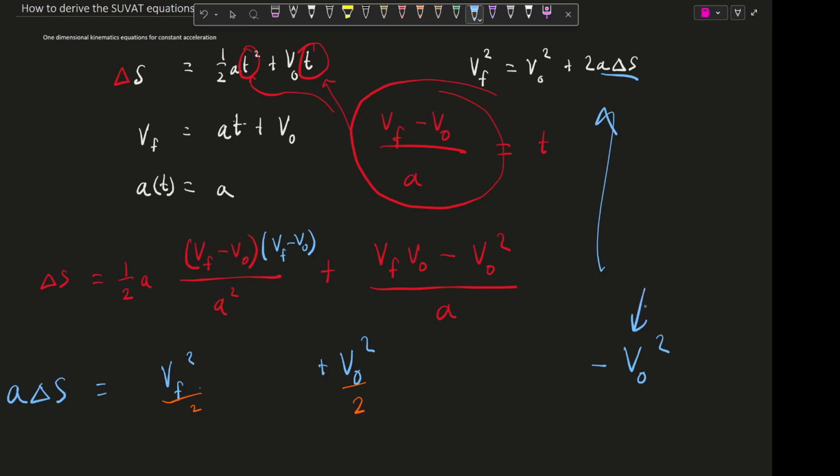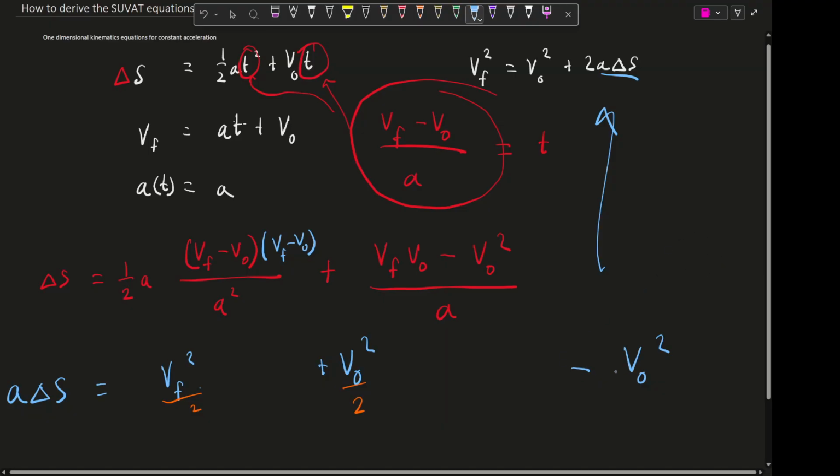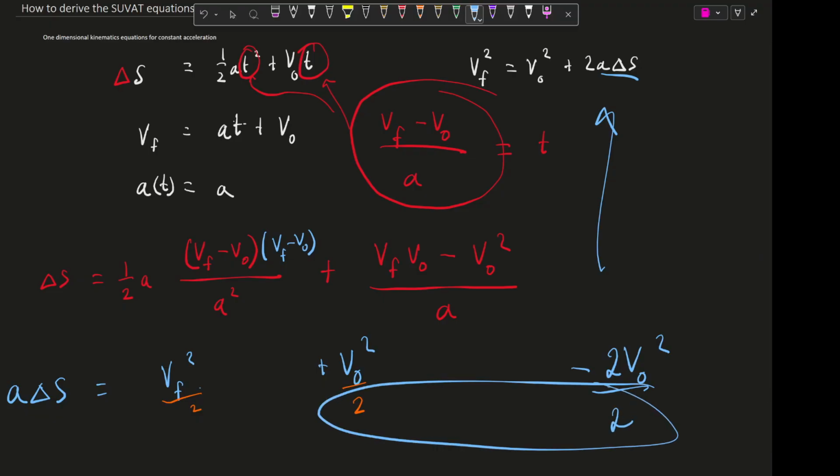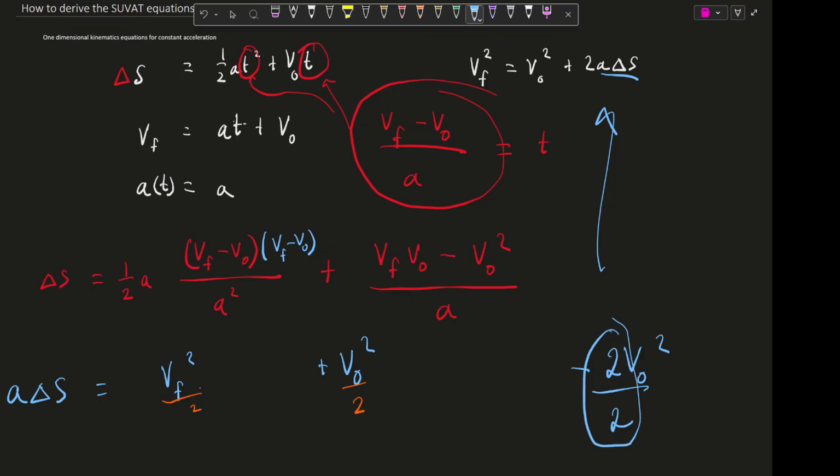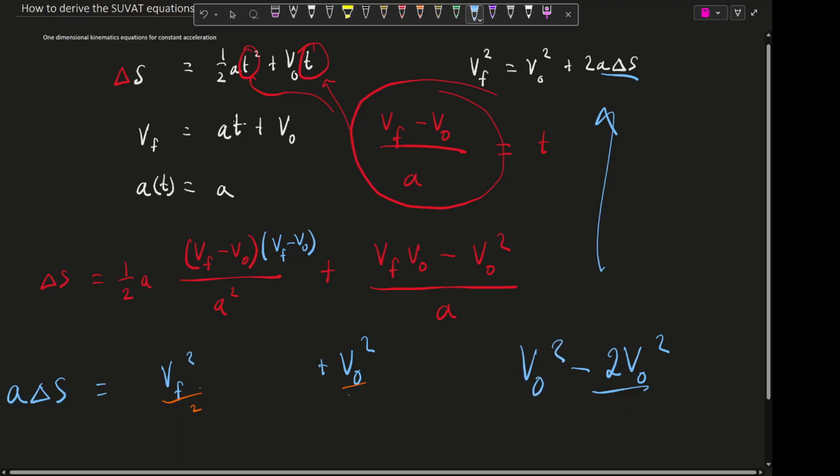I'm going to multiply this by a number that doesn't change it. And there's only one number you can multiply by, the number 1. But the way I'm going to do the number 1 is very particular. I'm going to multiply by 2 over 2, because then they have a common denominator. That's what a common denominator is. I did an operation multiplying by 1 in a very particular form, so that now I can combine these two into the same fraction, so I've got v naught squared all over 2,